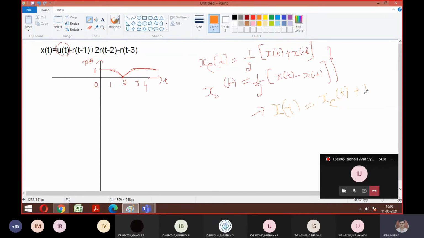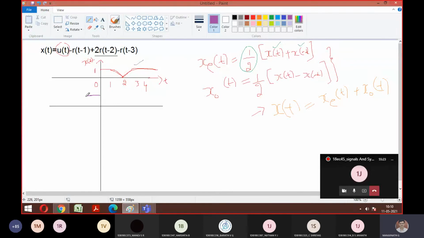If you have this formula, then the remaining part is the same as how we did sketching. Basic section people, is the formula okay? Yes, sir. Okay. Now look at this formula, forget about the half, we'll do that at the end. We'll try to do x of t plus x of minus t. x of t is already written. I hope everyone knows how to get x of minus t. So what is x of minus t, guys? What is the meaning of that? X of minus t means folding. It's like a reflection or a mirror image. The signal which was on this side, towards the positive side, the same thing will now come towards the negative side.